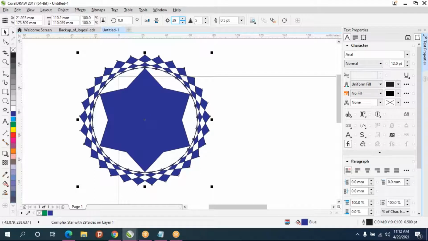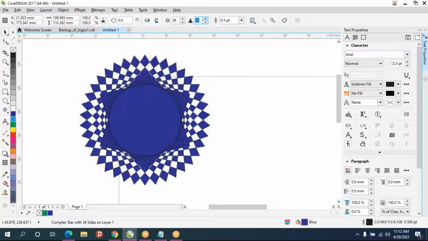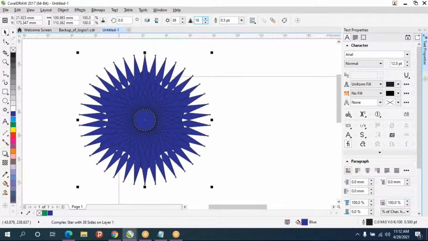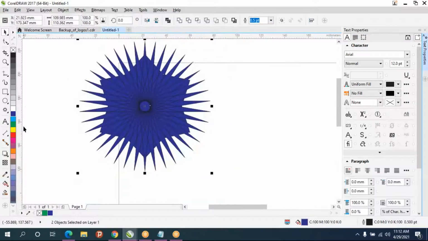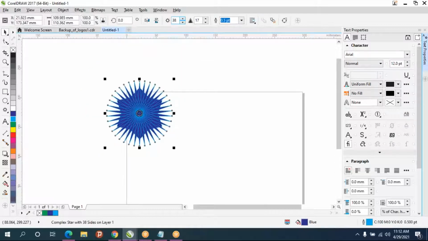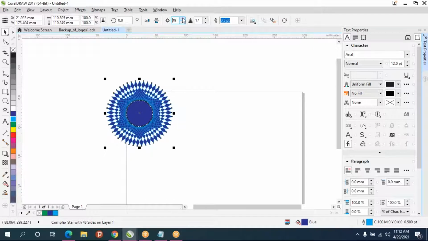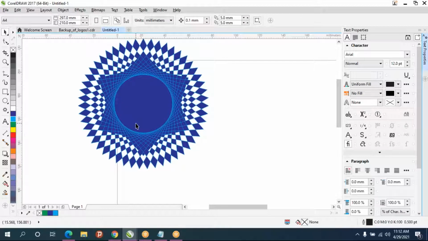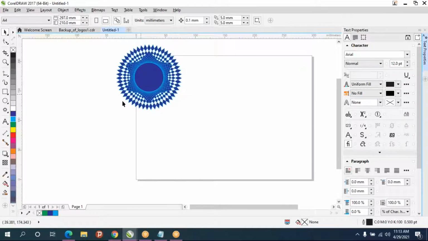So this is complex star. And if you don't want an outline, you can remove it, or some other color also you can give for the outline. So star and complex star.